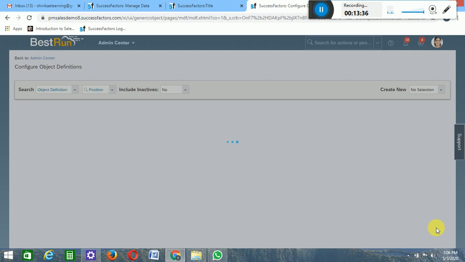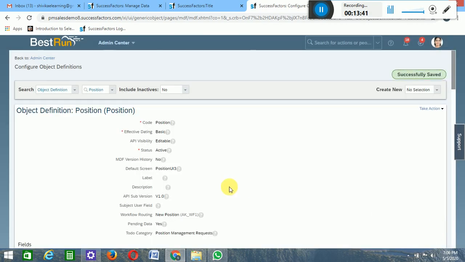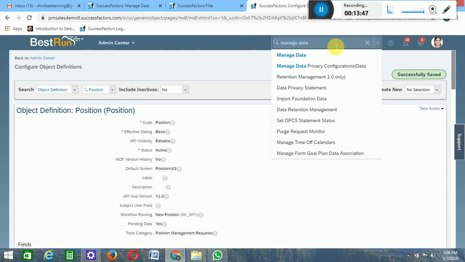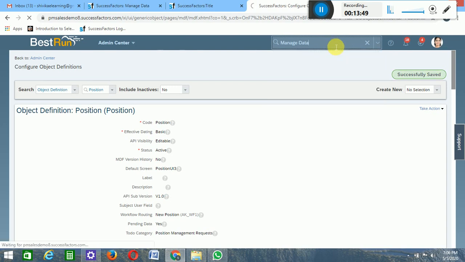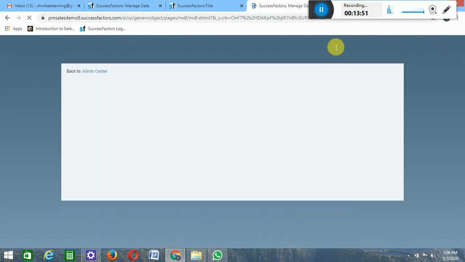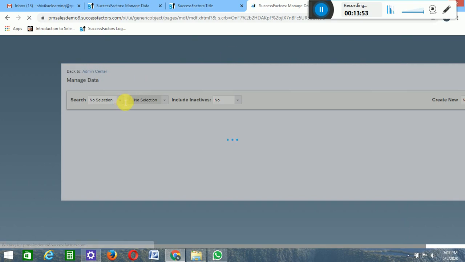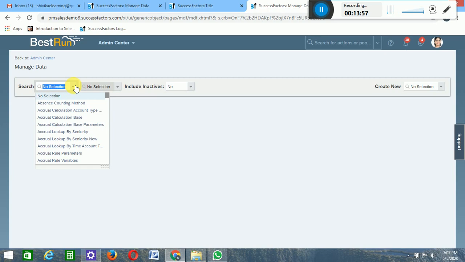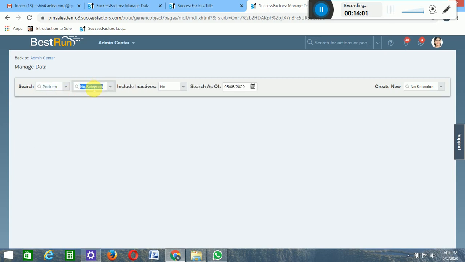So now let us check whether the workflow is getting triggered or not. For that we need to go to Manage Data, or you can go to Manage Position also, no problem, because we have created the workflow for new position, right? Here we select Position, and in the previous video we created a position called senior manager.